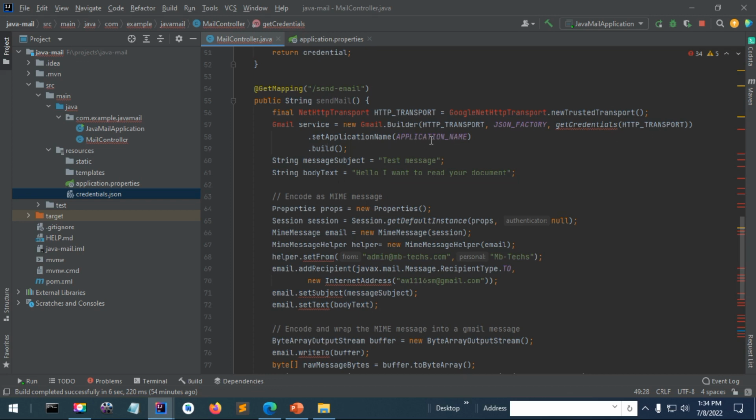You can set the application name according to what you want your application name to be, and you finally call a build method to return a service, and this service we use to send the message. We have to define here, for instance, I'm going to send a message, a subject text message. I'm going to send message text, hello, I want to read your document. I have to define the properties here. These properties have nothing inside because everything is specified in this